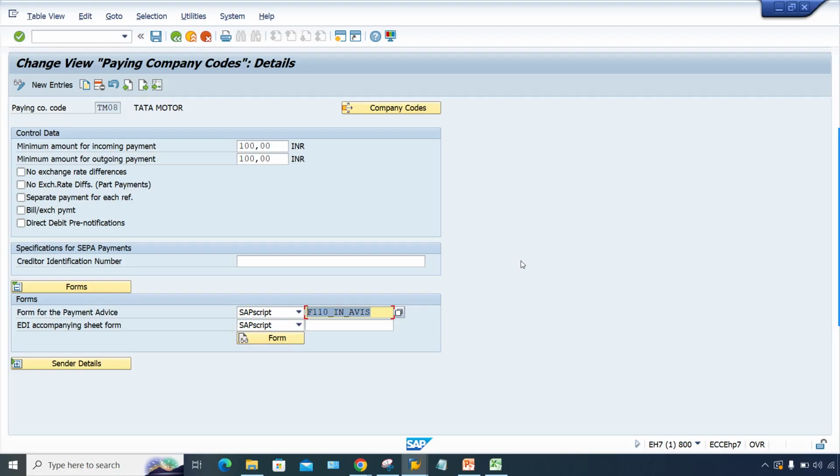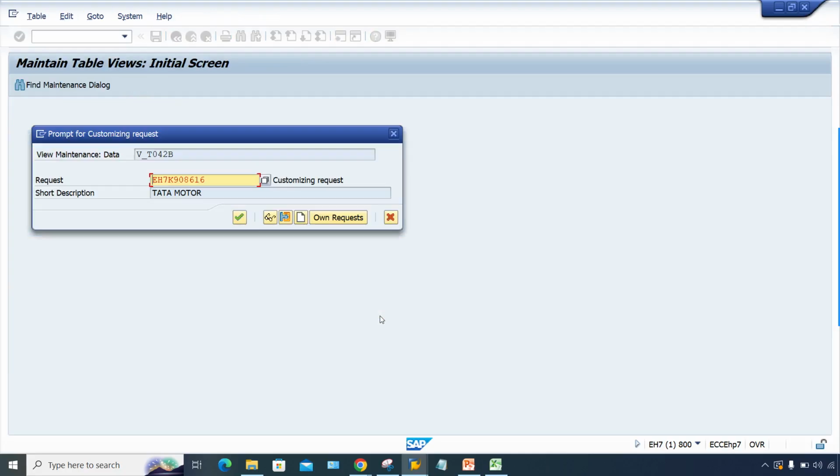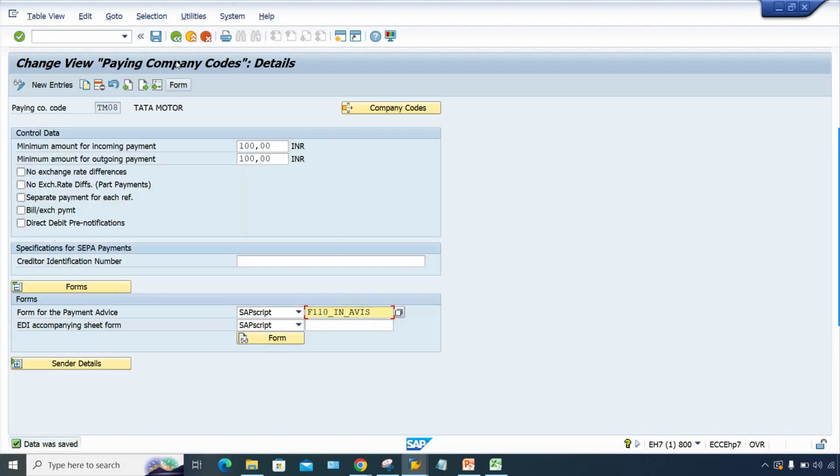Based on that, a technical consultant will start their development. Their work becomes a bit easy, in the sense that if they have to travel from one place to another, right? SAP is saying that you don't need to walk by foot. We are going to arrange a vehicle so that your journey is going to be easy. So they have given some standard template. They'll refer to that and their journey is going to be a bit easier. So this is the form which I have to assign here for payment advice. Just save it. That's the one thing. The second one is,